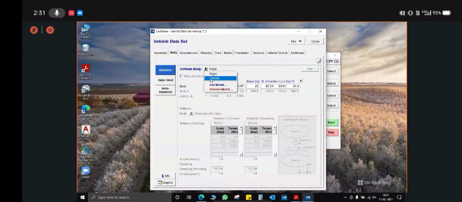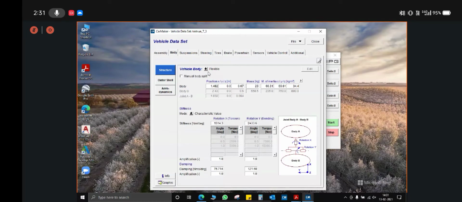If you select a rigid structure, then you only have to put in the position, mass and moment of inertia for all the sprung masses here. So all the sprung masses excluding the driver, because the driver we are already defining in the trim load part. Okay, so in the rigid model, that's what you have to do: only the position of all the sprung masses and their inclusive mass.